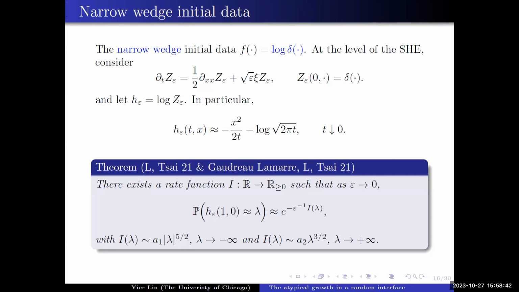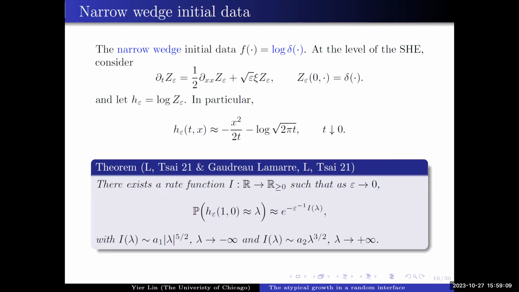And it's a natural initial condition because for the KPZ equation, you can discretize it. Actually, it can be realized as the scaling limit of interacting particle systems. So the narrow wedge initial condition comes from, when you think of an interacting particle system, on one side you have packed particles, on the other side you have no particles. This is what it corresponds to in the discrete setting.